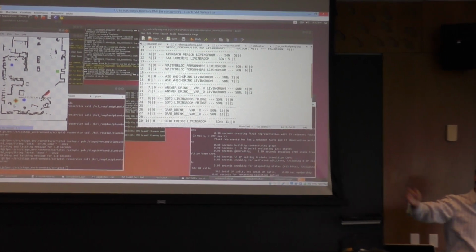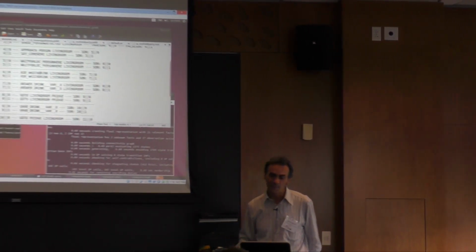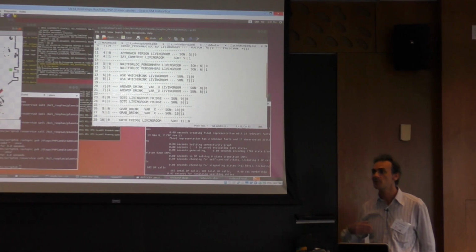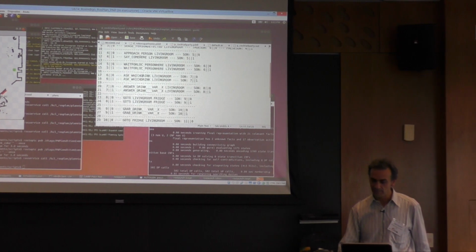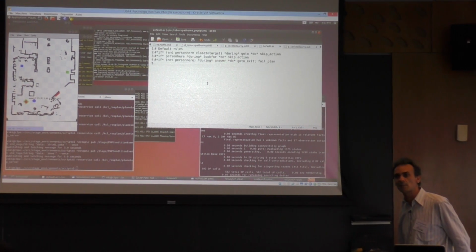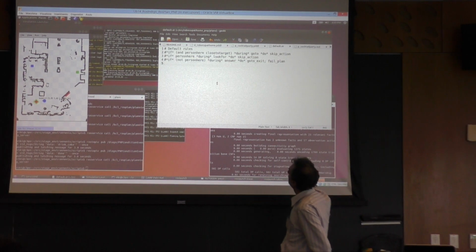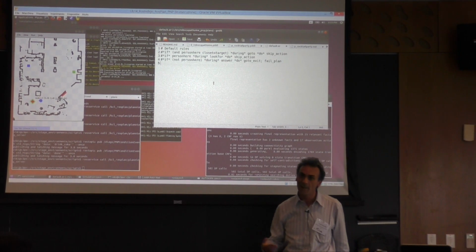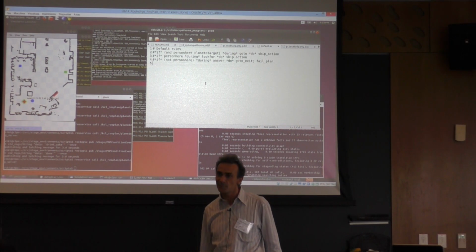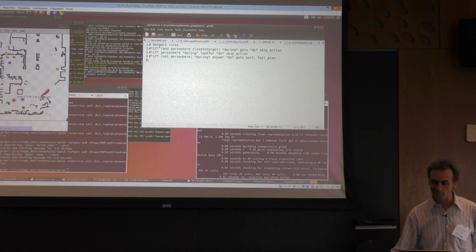Well, of course, we can change the domain. We can try to put something like this in the domain knowledge. But this is just a small example of many that can happen. If we change the domain model for every one of these problems, it will be very, very complicated. So what we can do is to use the execution rules, as I said before. Here, what we can say is that, for example, if there is a person while I'm moving to this person, or while I'm doing the look for action, then there is no need of continuing this action. Okay? So I can add these execution rules here.